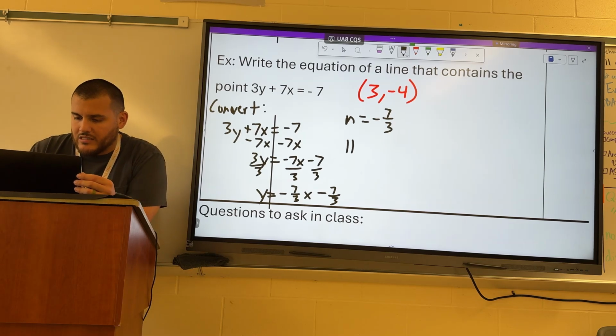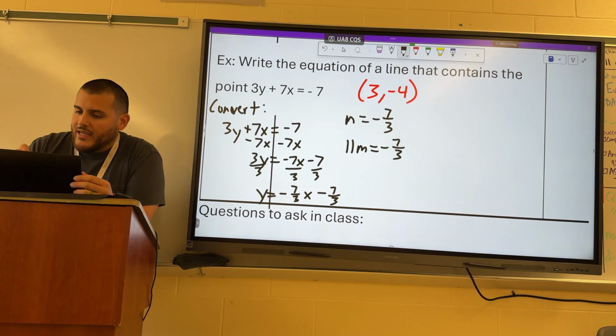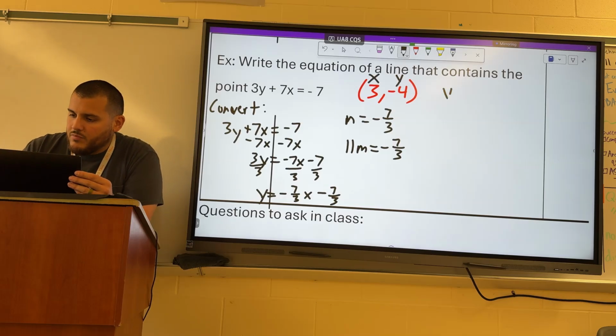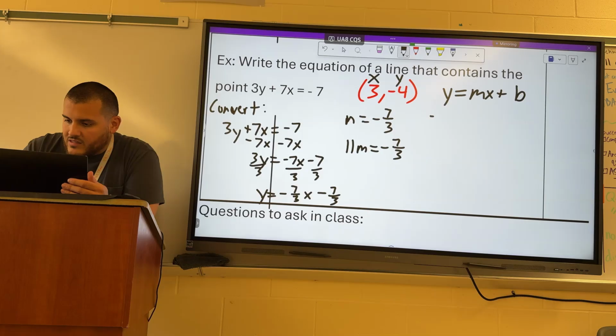The slope of that line is -7/3, and since we're writing the equation of a line parallel to this one, we need the same slope. So our parallel slope is also going to be -7/3. Now I can take that x coordinate of 3, that y coordinate of -4, plug those into the slope-intercept equation to solve for the y-intercept of my line. So y is -4